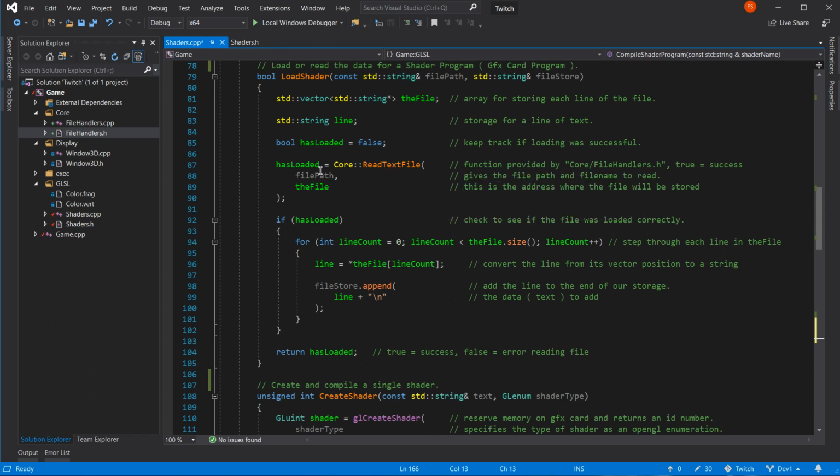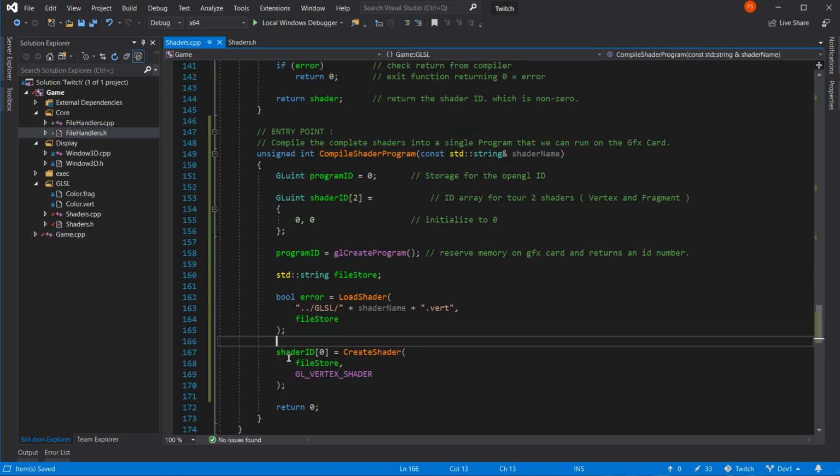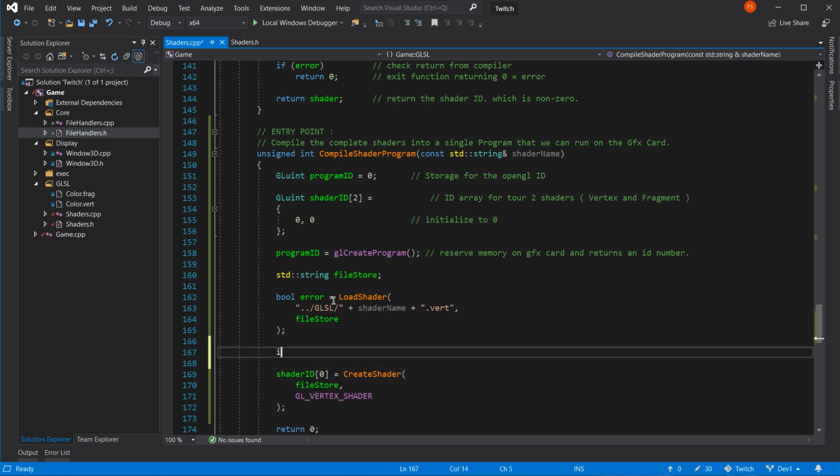Success failure starts off as false. Success failure. Failure. If has loaded, we do that. If not, we just return the false. Correct. It's looking good, this. Just following it through to make sure I get it right. Return a false. We have an error check it.